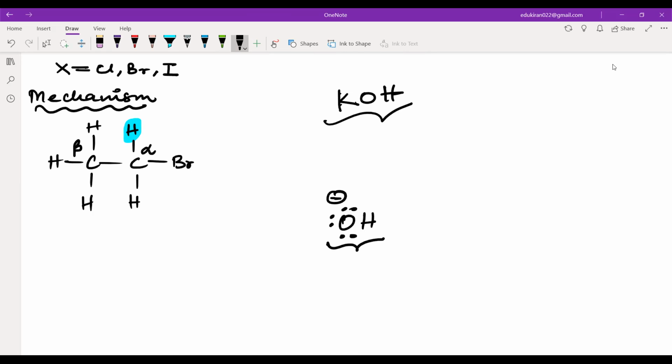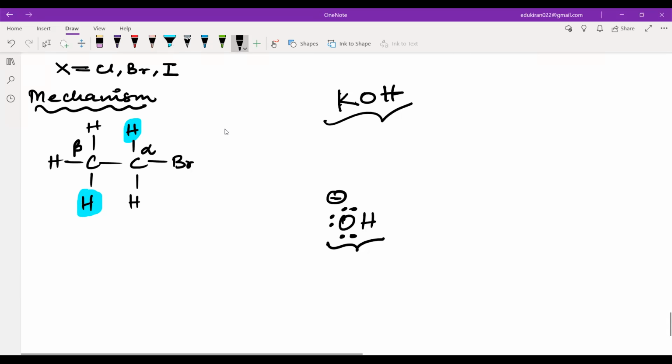Okay. Do you know these terminologies? Yes or no? Yes, sir. Okay, so anything which is attached directly to a functional group or a substituent, that is heteroatom, that is known as alpha. Then the next carbon is known as beta. Then the next carbon will be known as gamma, and so on. Now you understand there are two types of hydrogens. There is an alpha hydrogen and there is a beta hydrogen.